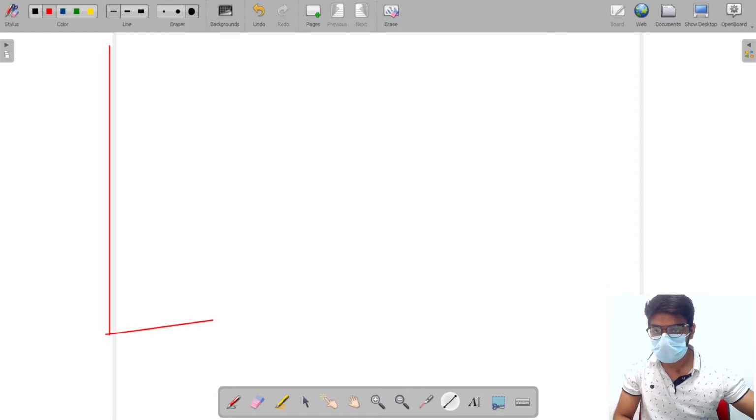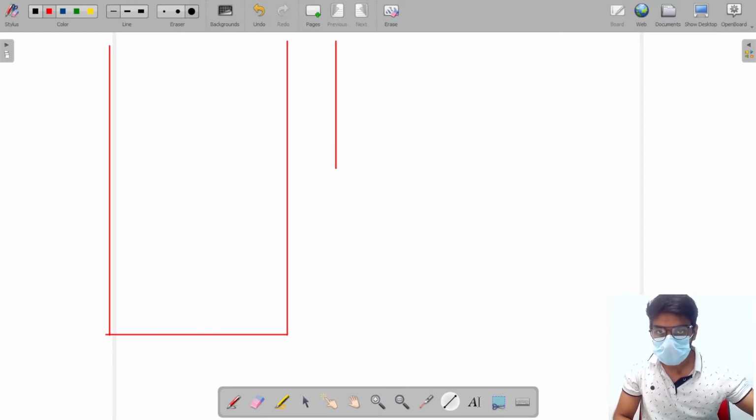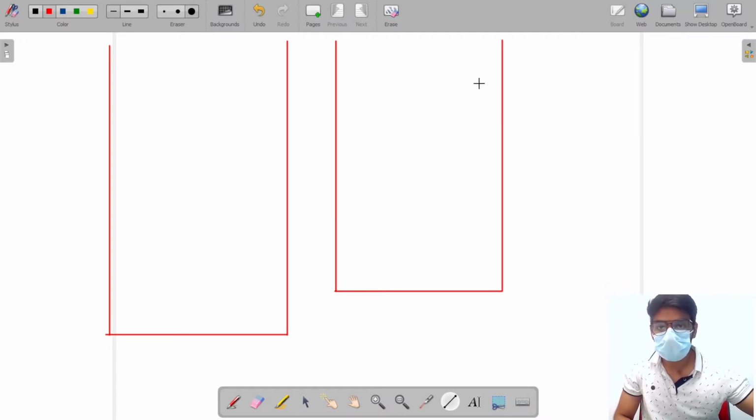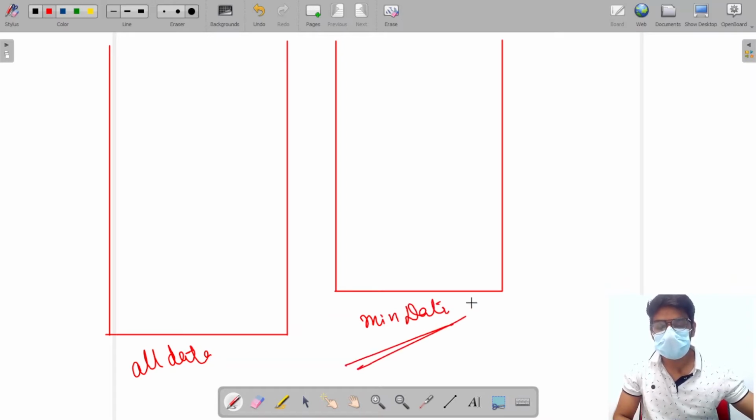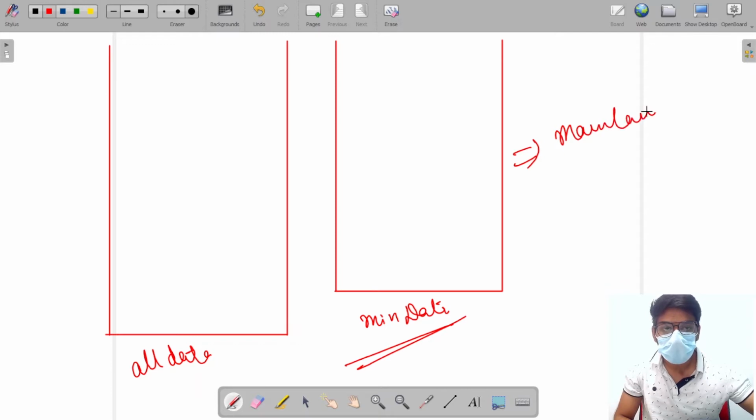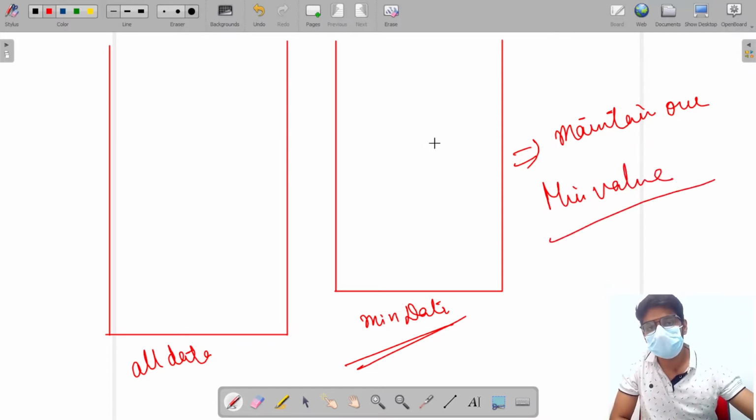This is our first stack, the all data stack, and the second stack is min data. With the help of this stack we are going to maintain our minimum value.